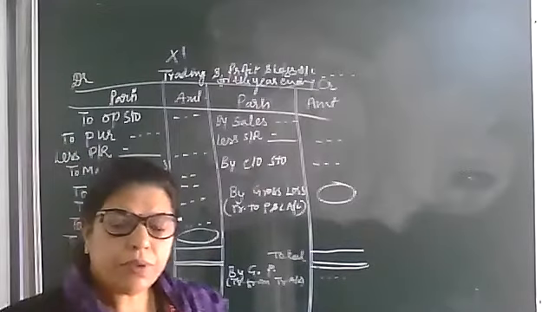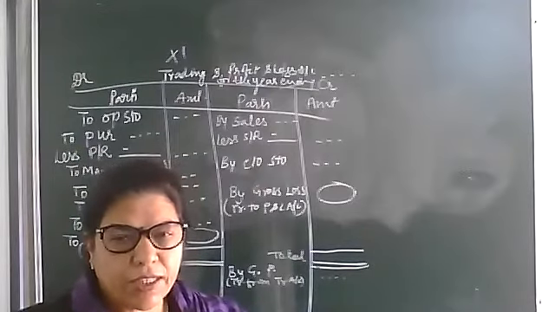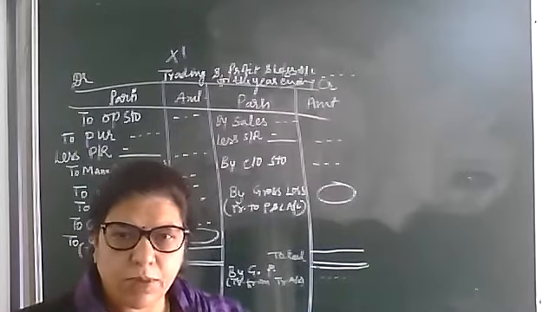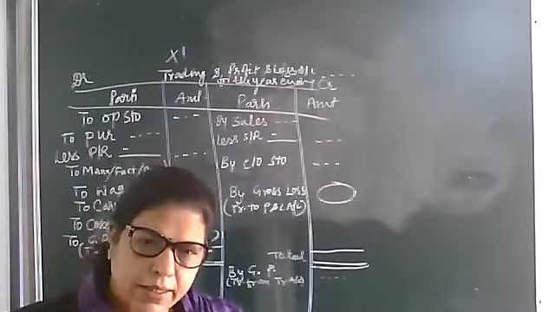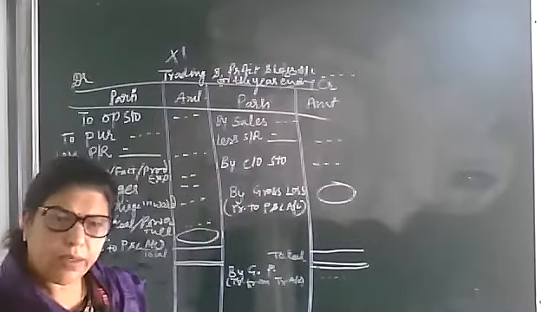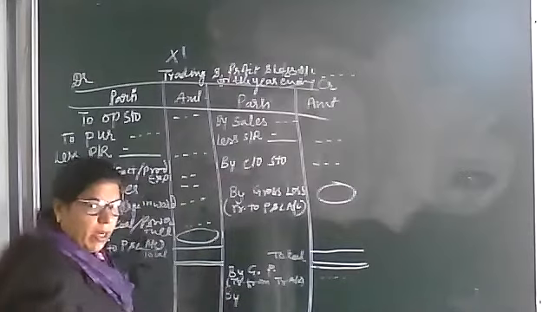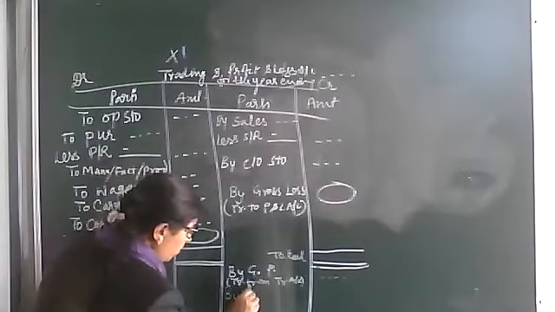As you know, according to the rules of accounting, all income and gains will be transferred to the credit side. Clear? So all income and gain,